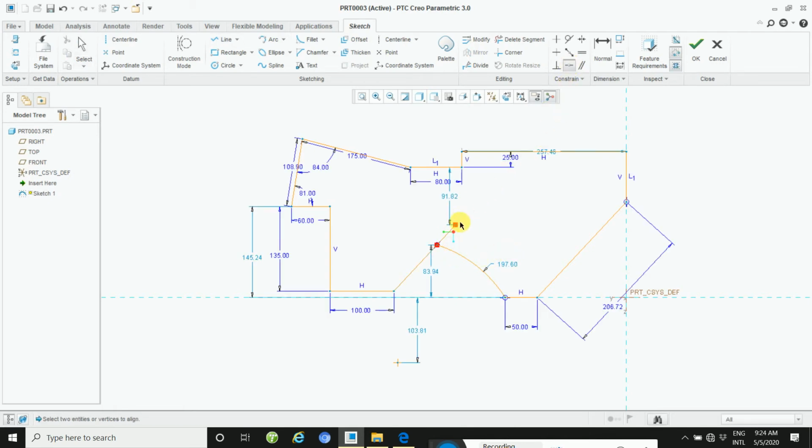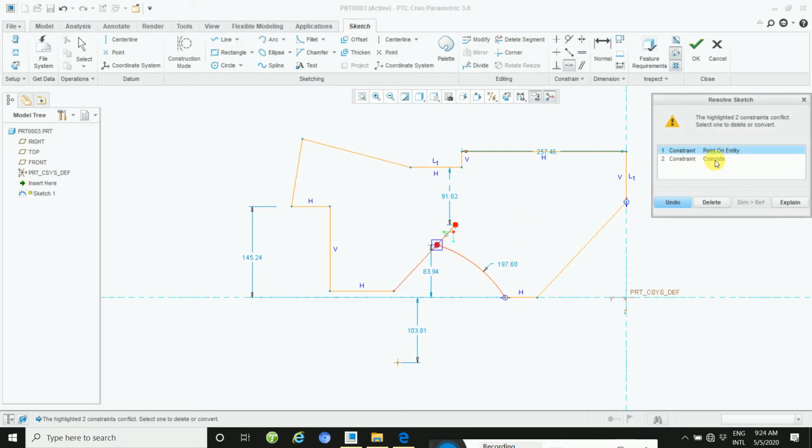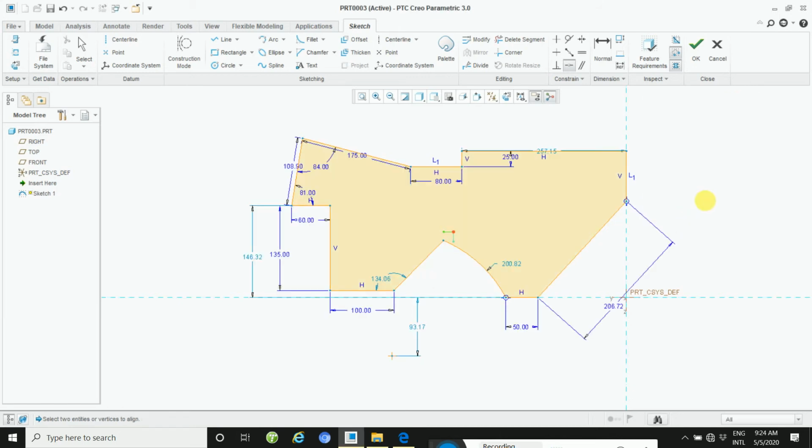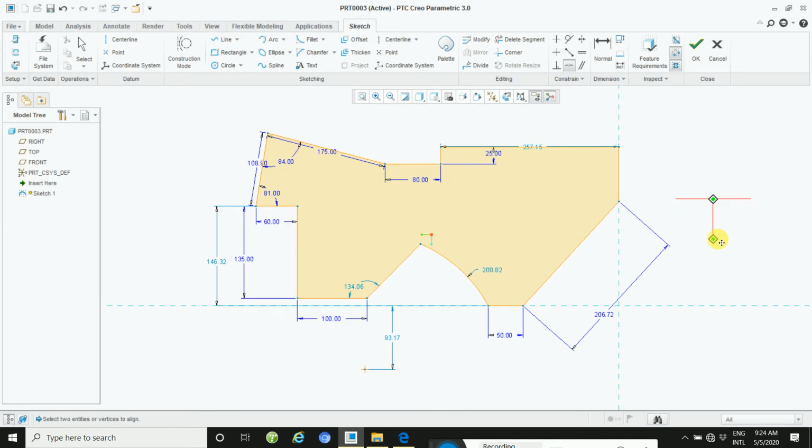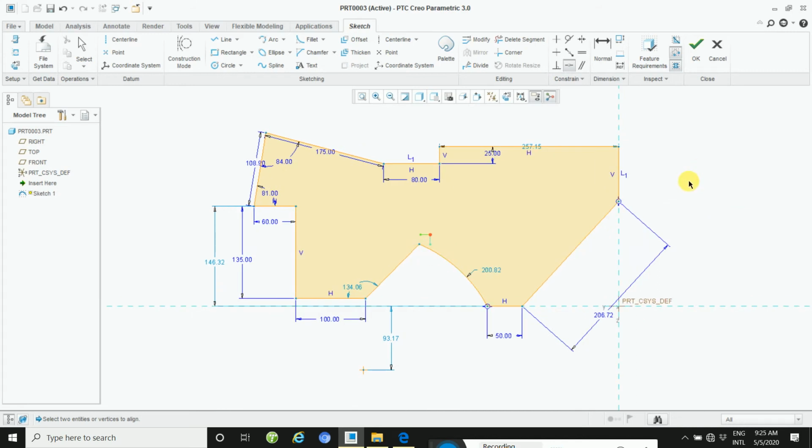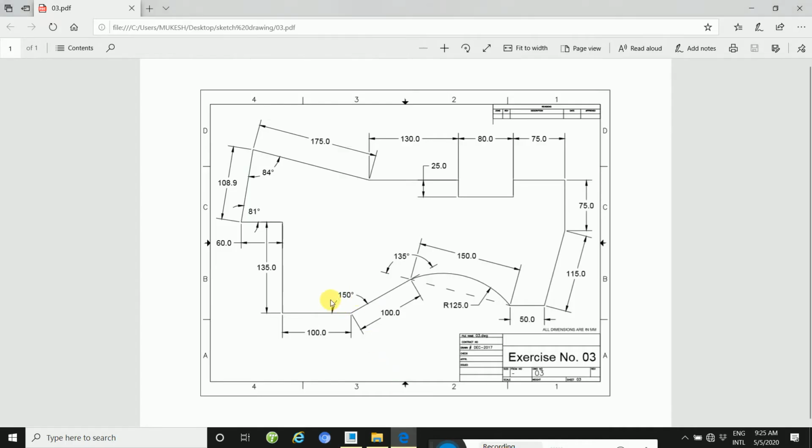And how to apply coincident? First click the coincident, first point, then this point, then coincident, and then this message is resolved. Okay, so delete this point on entities. Okay, this way, and then try to, this angle is here, see this angle is 150.